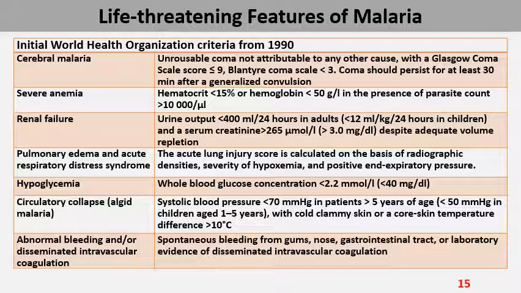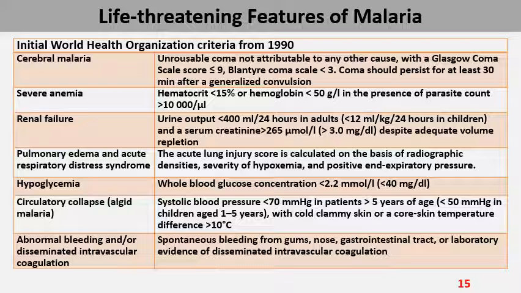First, cerebral malaria is defined as unrousable coma not attributable to any other cause, with a Glasgow coma score of less than or equal to 9 or Blantyre coma score of less than 3. Coma should persist for at least 30 minutes after a generalized convulsion. Severe